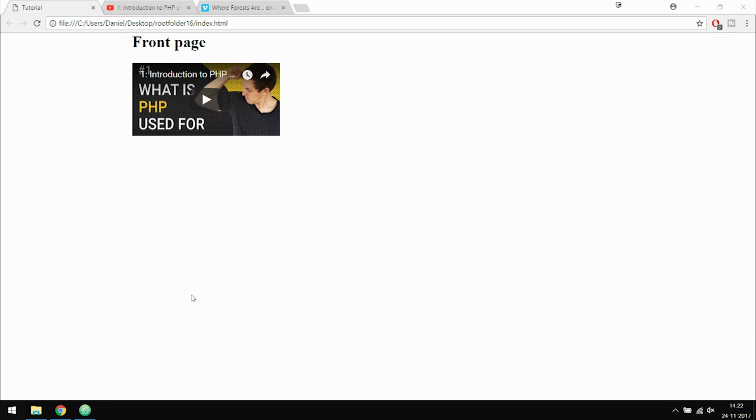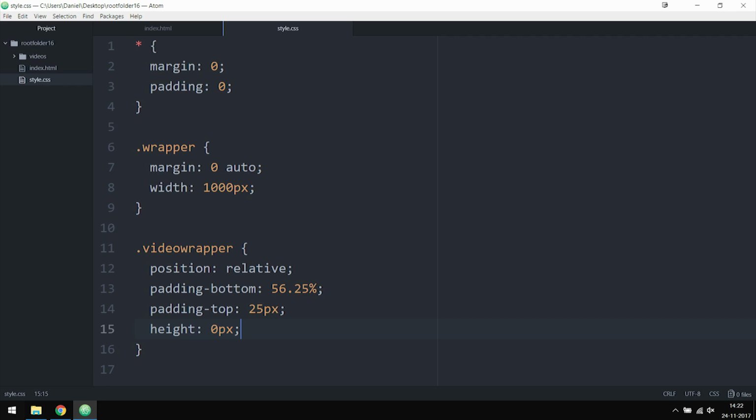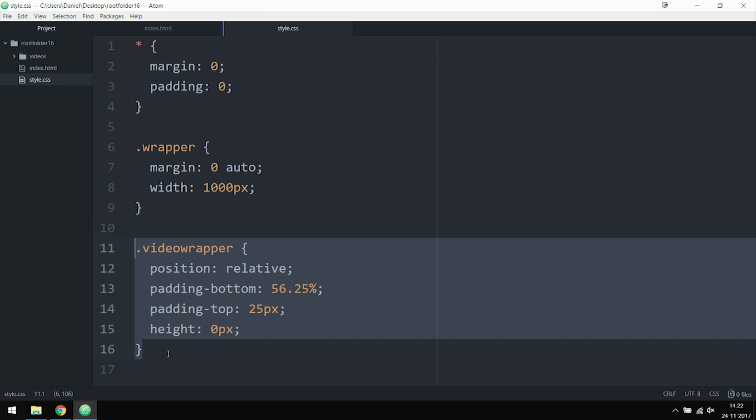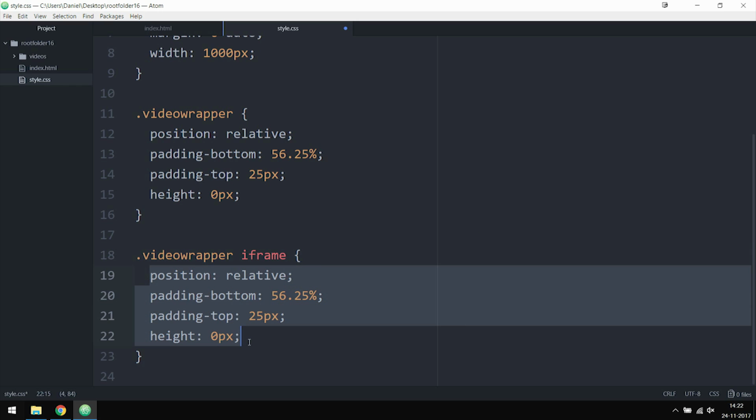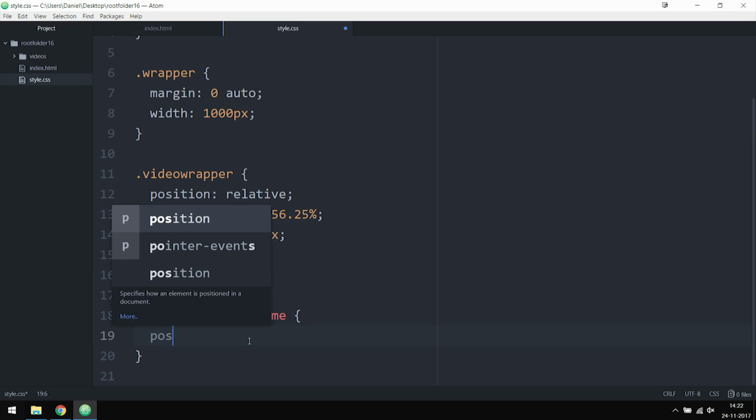Okay, so I'm going to go inside my style sheet again, and inside my style sheet I'm going to give the actual iframe a styling. So I'm going to copy the video wrapper here, and I'm going to say we have a video wrapper, and inside the wrapper here we have an iframe. Then I'm just going to delete the styling down here, and I'm going to say we have a position set